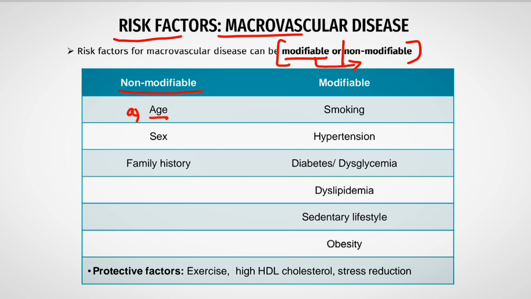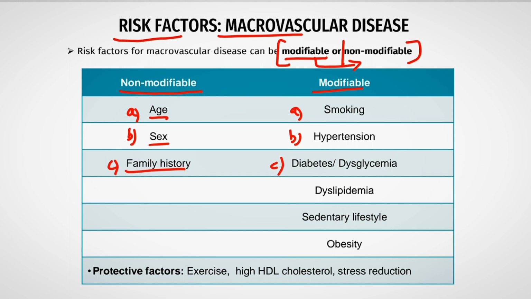Whenever there is an increase in age, the risk of development of macrovascular diseases also increases. Sex or gender, and the family history of diabetes or family history of development of macrovascular complications are non-modifiable risk factors. When we see the modifiable risk factors, they include smoking habit, hypertension in the person with diabetes